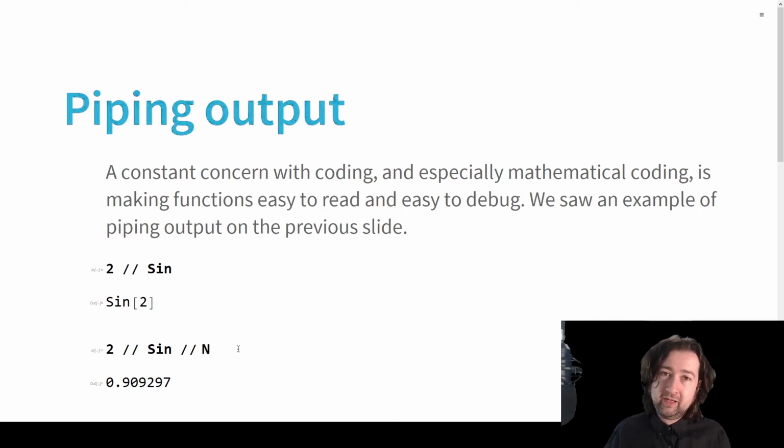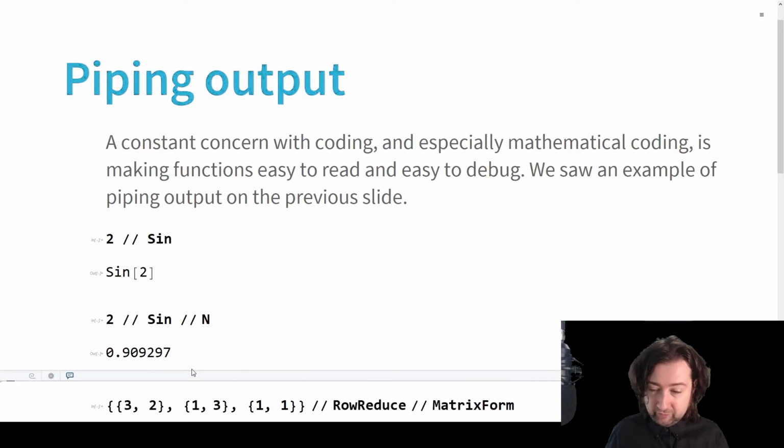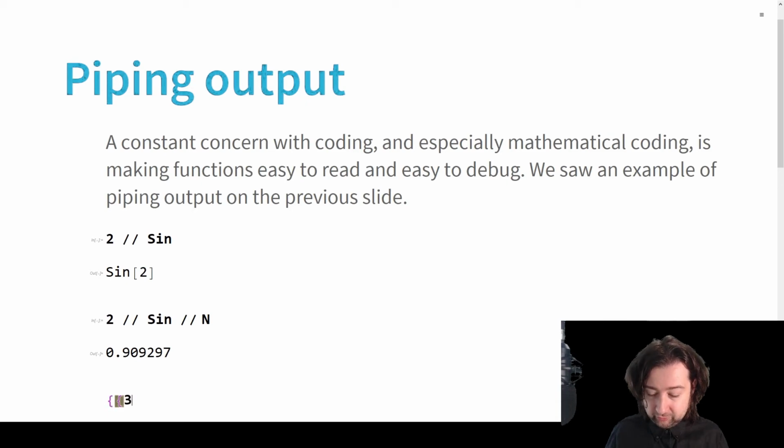And so instead of typing in the N on the front with the brackets around the outside, you can just pipe /N and get your answer. I use this all the time with matrices. So with a matrix, if you type in something like 3, 2, 1, 3,